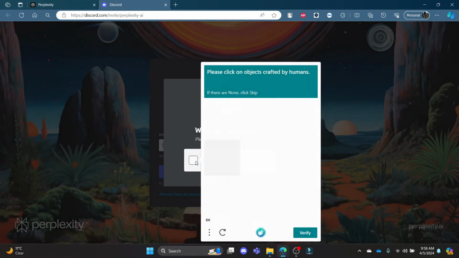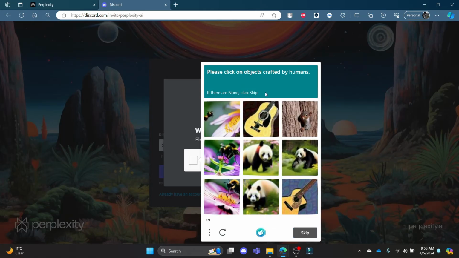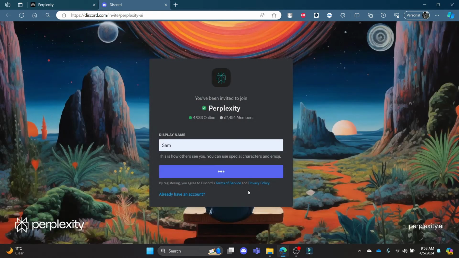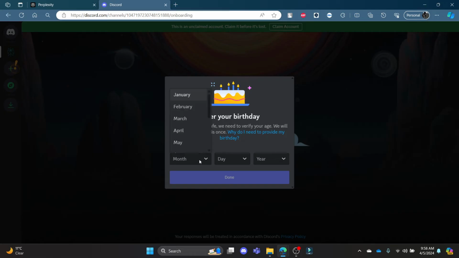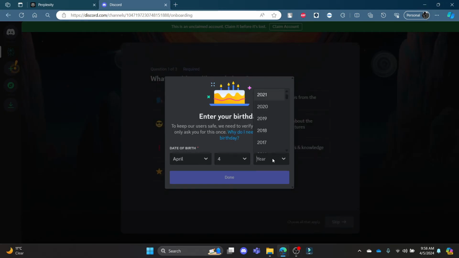Go ahead and click on it and then choose the photos crafted by humans as it says, so the puzzle might be different at all times. Go ahead and click verify, wait for a while, and you can see that you have now joined Perplexity AI's